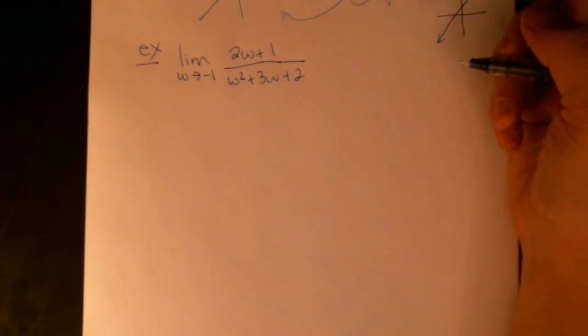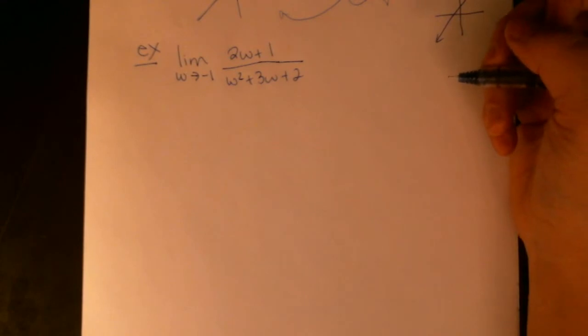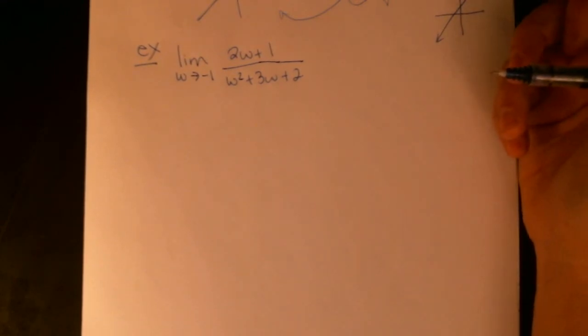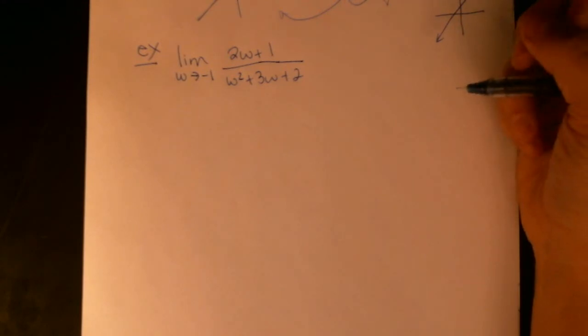When the bottom is 0, the function is undefined, and they're really interesting because depending on what's going on near that discontinuity, we could have asymptotic behavior, or it could be a removable discontinuity, a hole in the graph, in which case the limit will be really nice. So here's another one, and always your first step should be to just investigate what's going on near